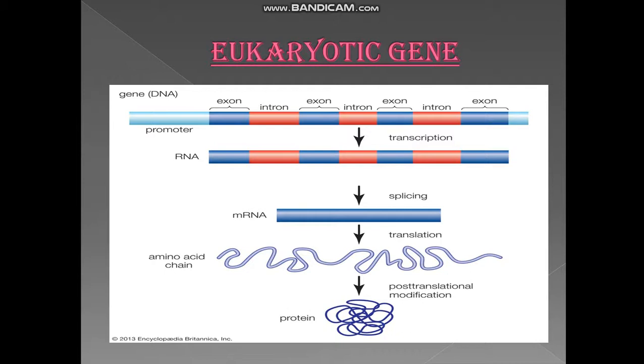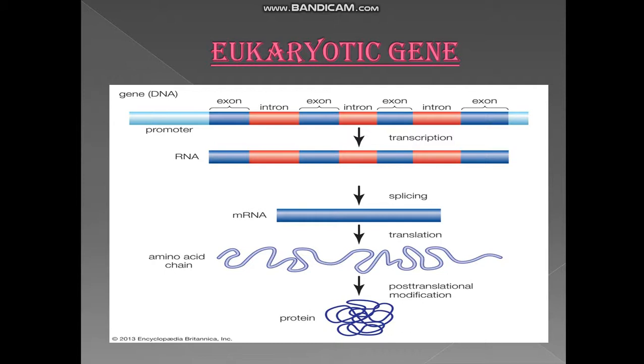Clear? So this whole gene structure, this diagram, is very important because it is asked: draw the fine gene structure of a eukaryotic gene. So you will draw the promoter site or the initiation site, which will be upstream. Upstream to the coding region is the promoter site. Downstream to the coding region is the termination site. Both these sites you will draw, the initiation site and the termination site, and in between you will draw the gene.